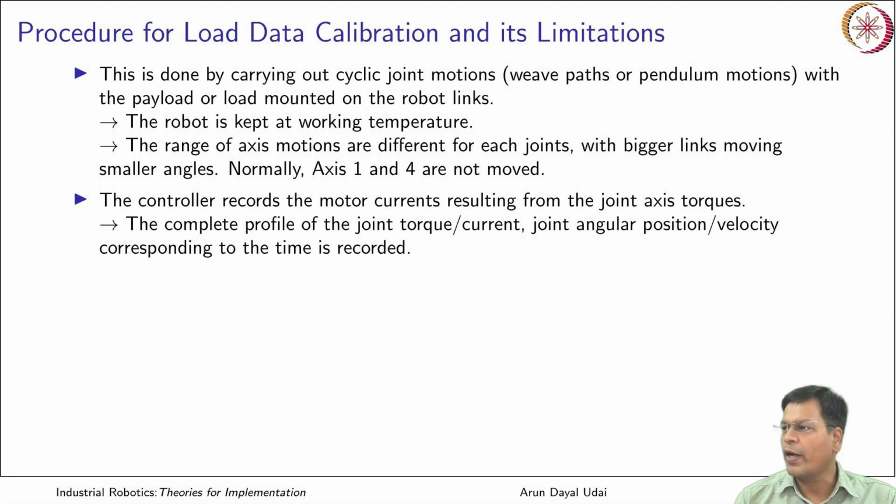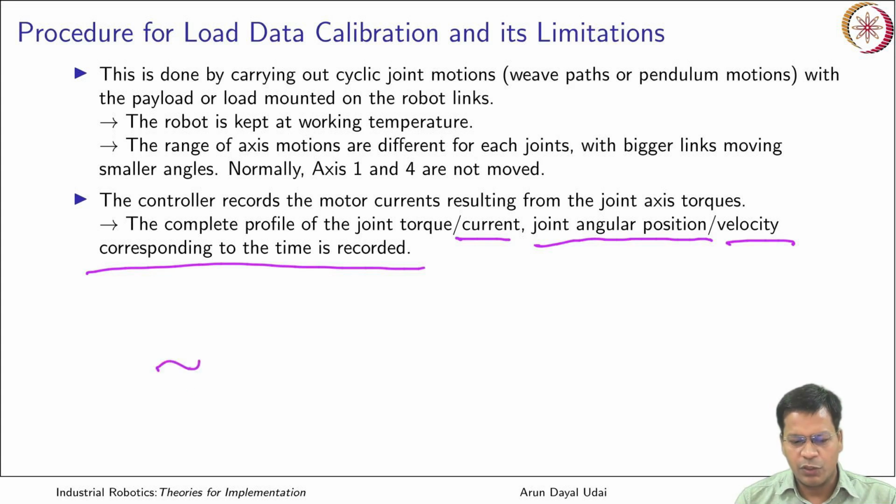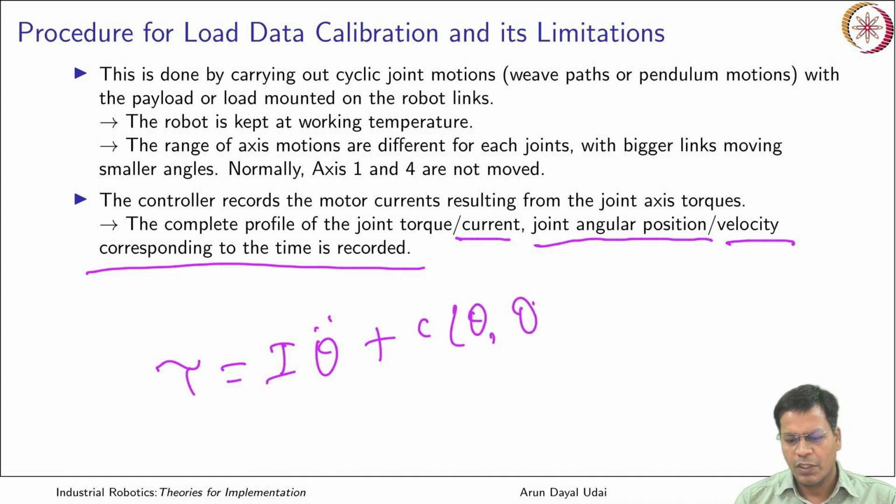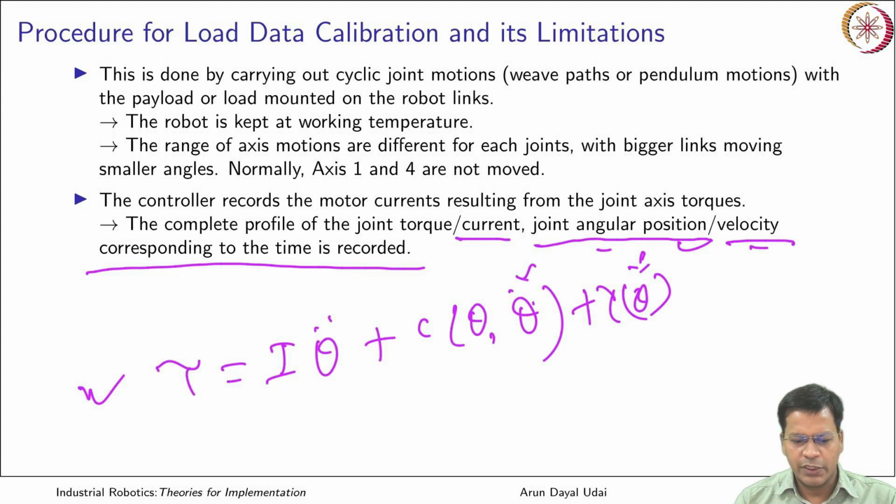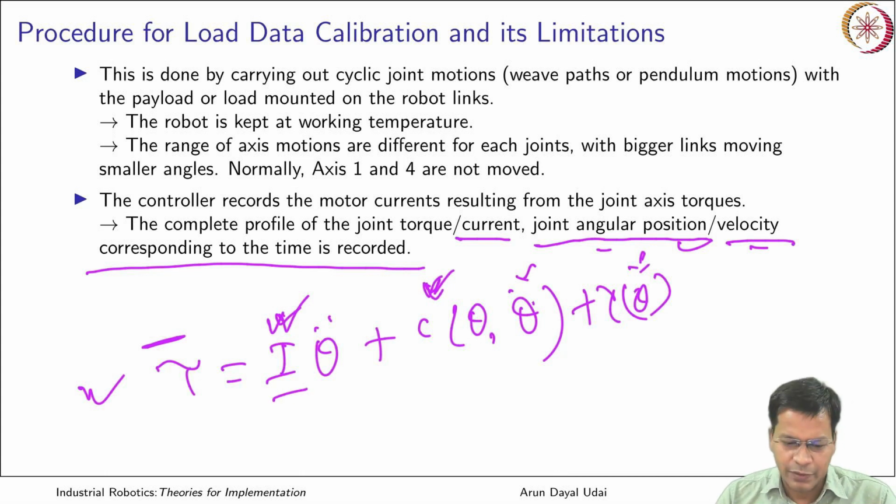Okay, the complete profile of the joint torque and the current, joint angular position and velocity corresponding to the time is recorded. So that means it wants to make this equation once again, C(theta, theta dot) and gamma(theta). It is going to use the whole of this equation and calculate using the precisely measured joint position and velocity, feed it here, and check how much is the error in torque that is going to come. Iteratively, using that, it will calculate all the moments of inertia and the masses. Okay,